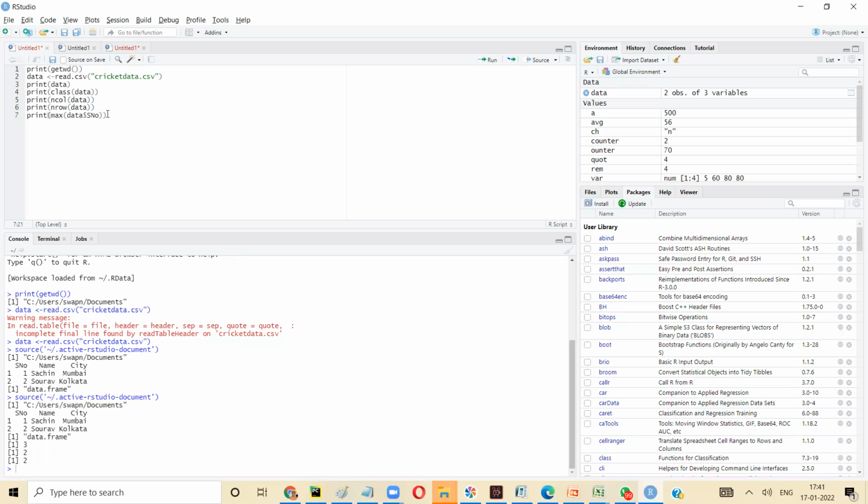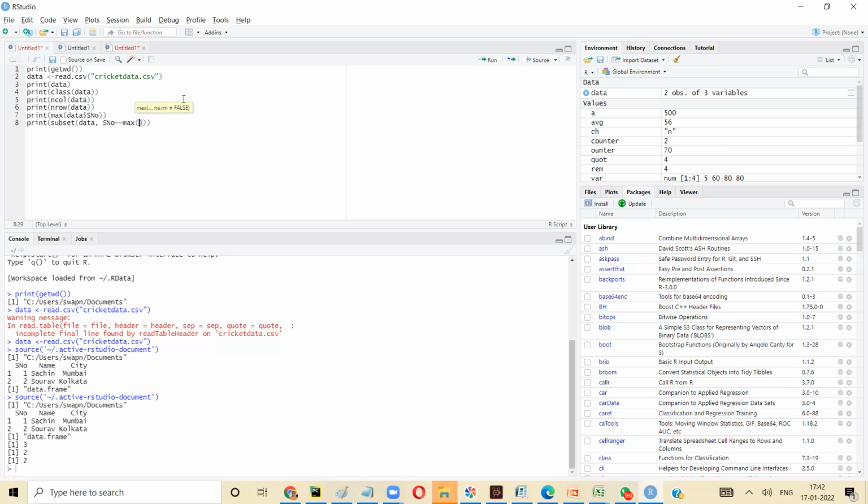Let's say you want to find all the information of people who have the maximum salary. So I want to print all the values here. When I say I want to print all the values, that is subset, because you have the entire data and from the data you want a subset. I'm going to say subset of data, comma, you can say the condition. What is the condition? The spelling has to be the same, case sensitive. So SNO equal to max of,